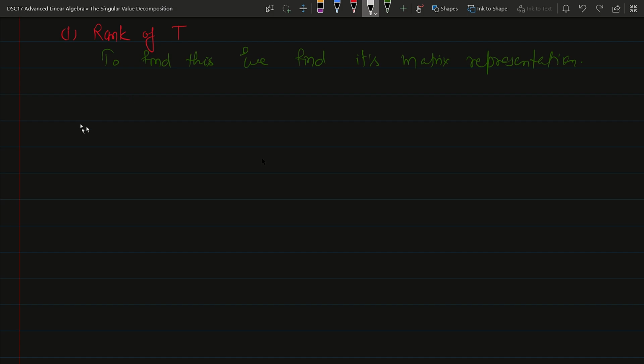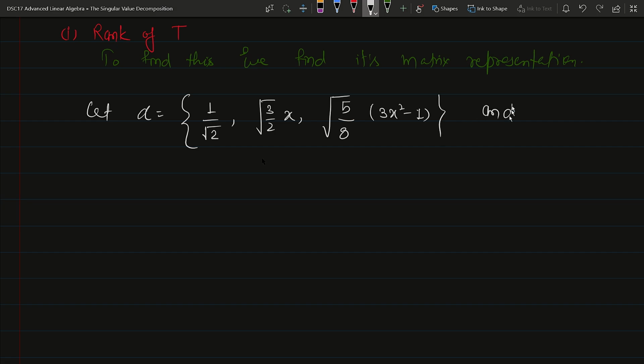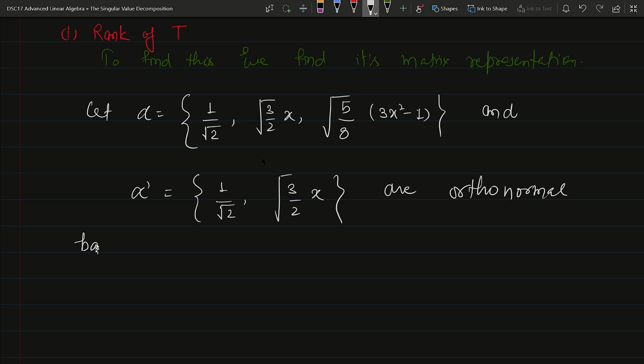बेसिस। ओके, सो लेट alpha that is equals to 1 by square root of 2, comma, square root of 3 by 2 x, comma, square root of 5 by 8 (3x² minus 1), and alpha prime that is equals to 1 by square root of 2, comma, square root of 3 by 2 x. ओके, ये दोनों ऑर्थोनॉर्मल बेसिस है for P2R and P1R respectively।